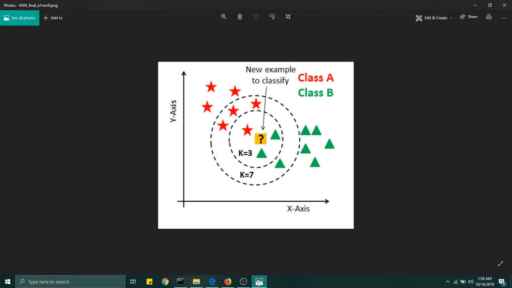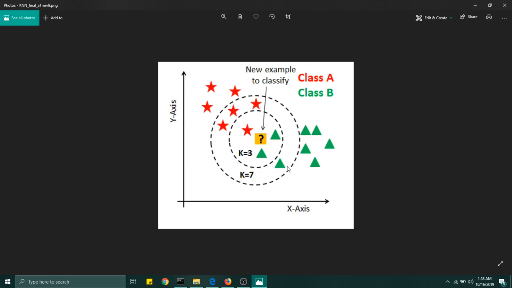While training the model, you have to specify a number k. You can't really know what to choose as the number of k, but I'll show you a trick on how to select the best number of k for your training data set. Looking at this picture here, after training, it has classified the data into two classes,